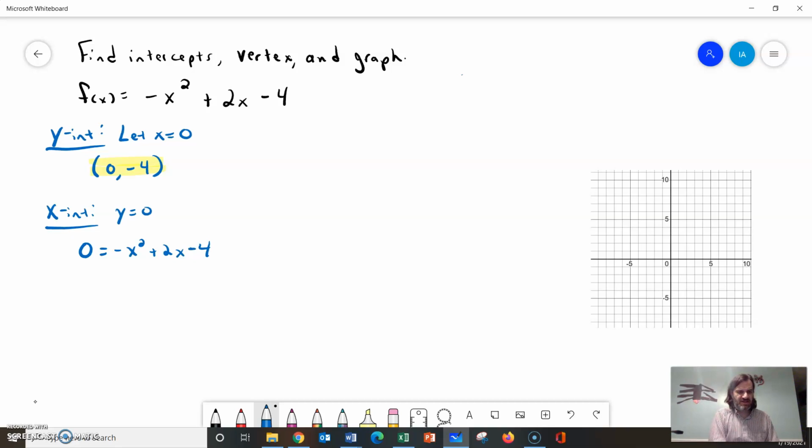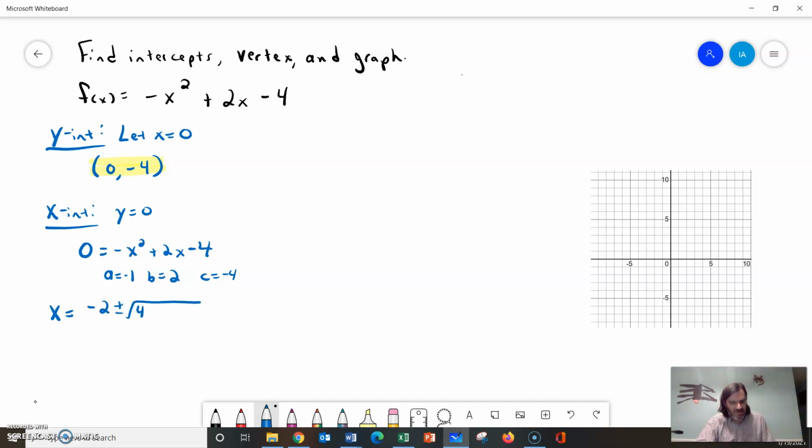Now you can try and factor this thing. If you do, I usually pull a negative out to start with. I already know it's not going to factor. If you want to try it and see it, you're more than welcome to. But I'm just going to jump to the quadratic formula, where a is negative 1, b is 2, and c is negative 4. So when I do that, x will be negative 2 plus or minus the square root of